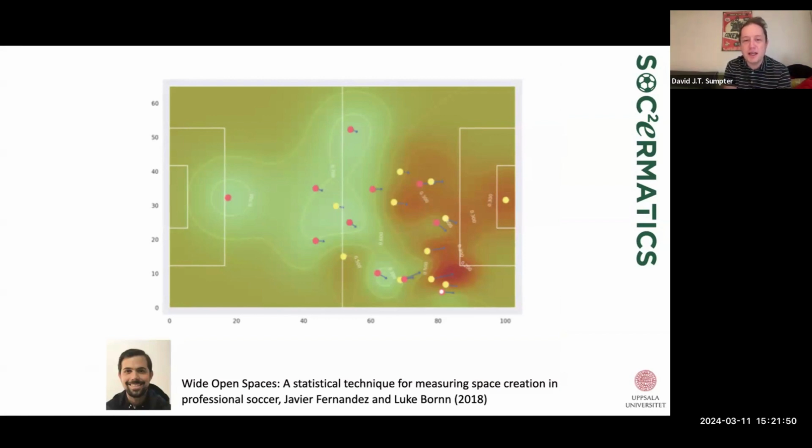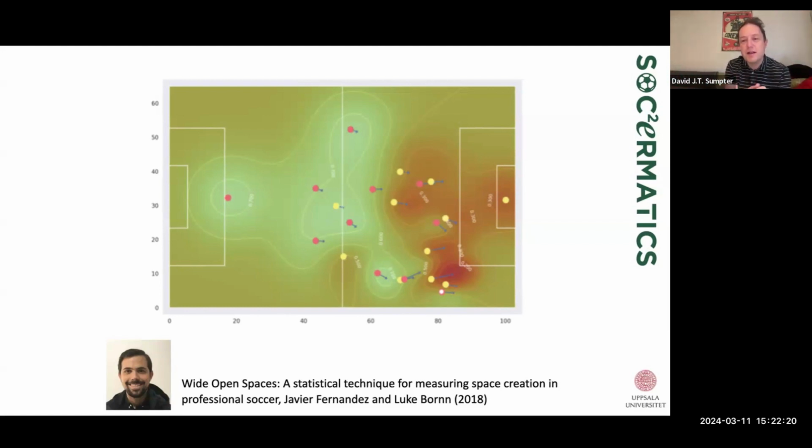The green areas here are areas where Barcelona control, so they come closest to the ball. Barcelona in the pinkish color, and the yellow areas are areas where the opposition control. And here they're taking into account not just the positioning, but also the velocity of the players when they make that calculation. They would use this type of technique in order to measure the space available to the players and see how Barcelona were able to control space throughout the match.